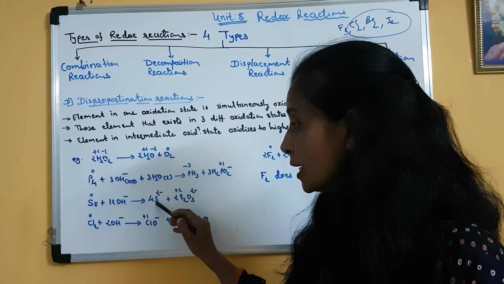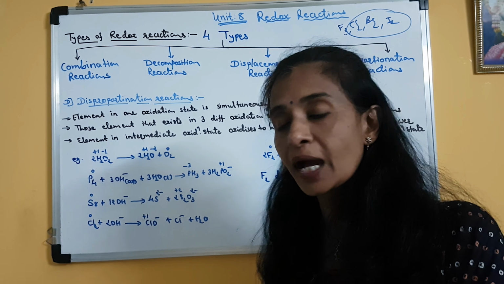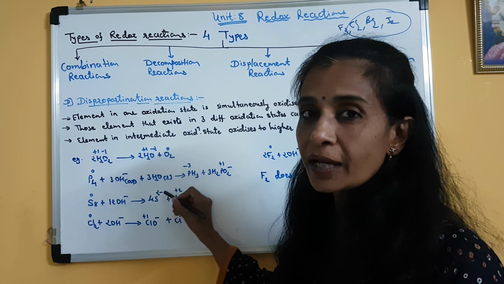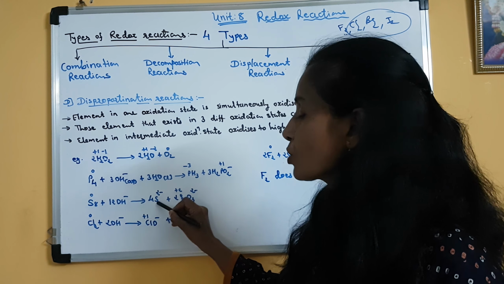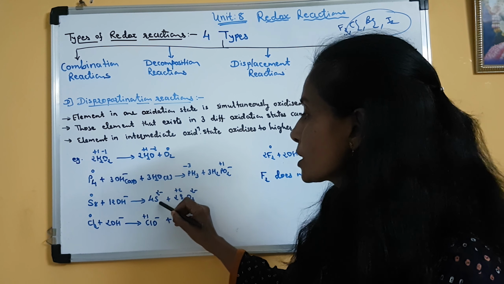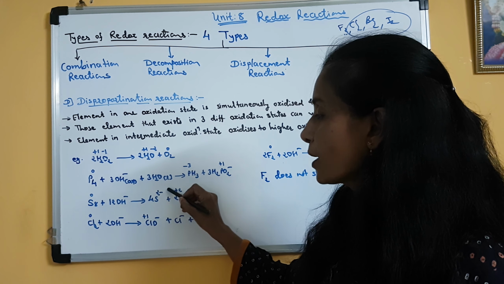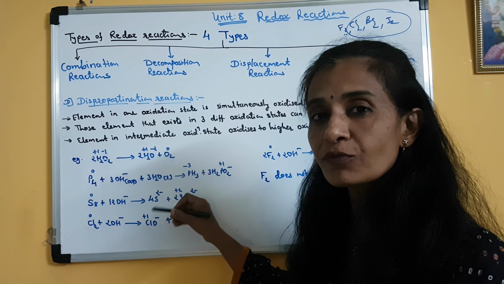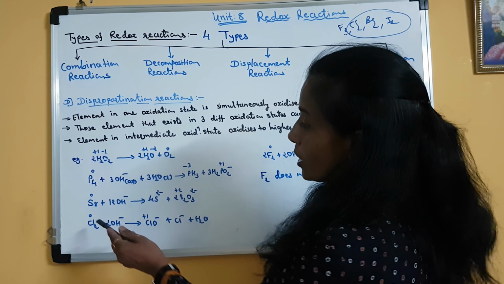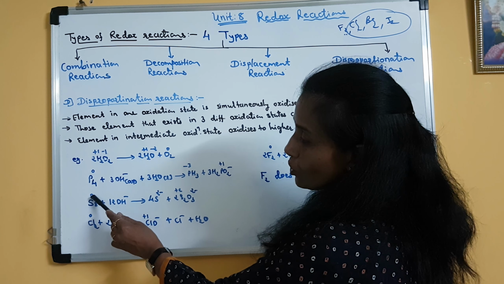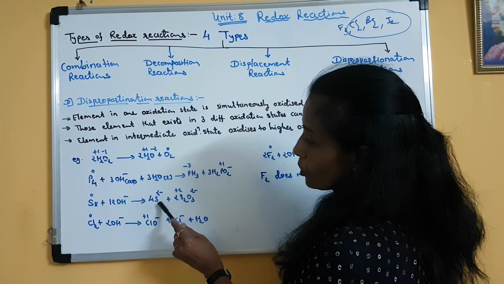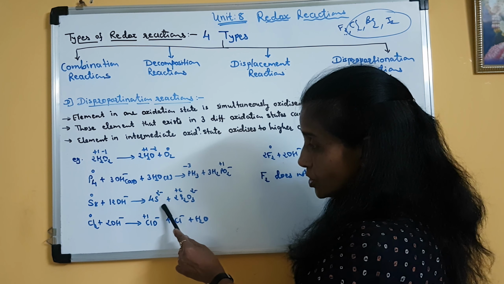We have also learned that if it is a monoatomic ion, then the charge on that ion is the oxidation state of that element. So here, the sulfide ion's charge is -2. So the oxidation state of sulfur is -2. Clear? So from S8, which is in zero oxidation state, sulfur is undergoing reduction to -2 oxidation state.